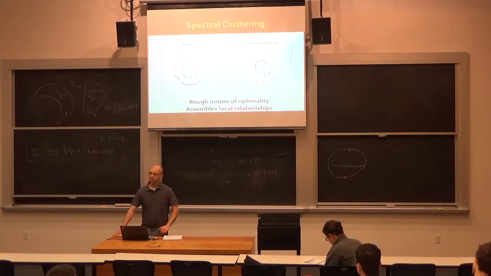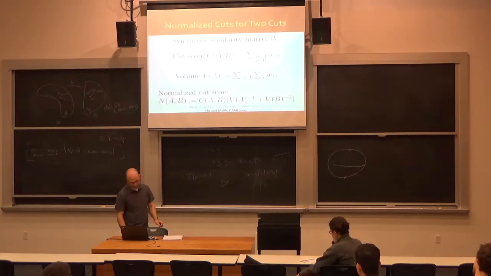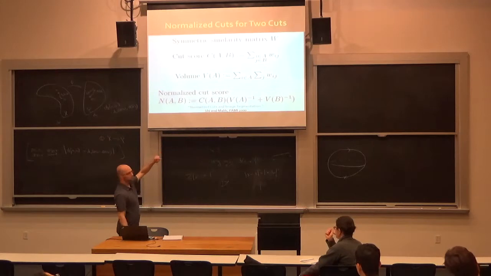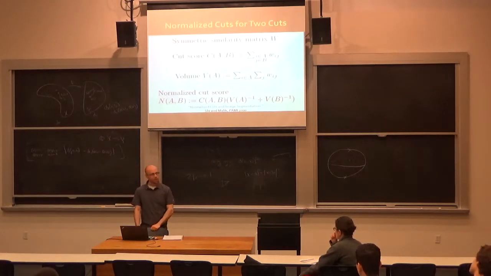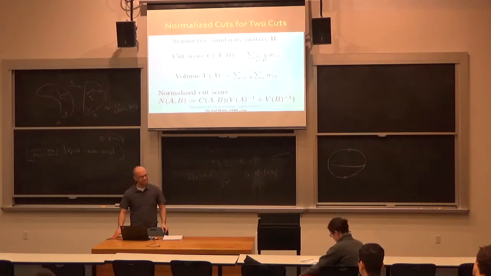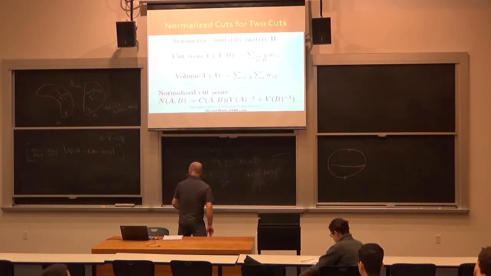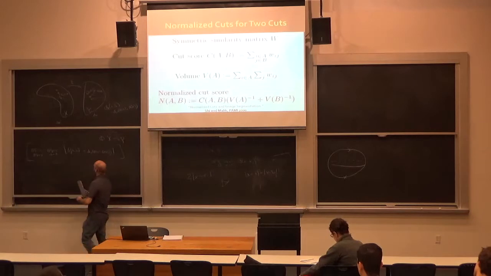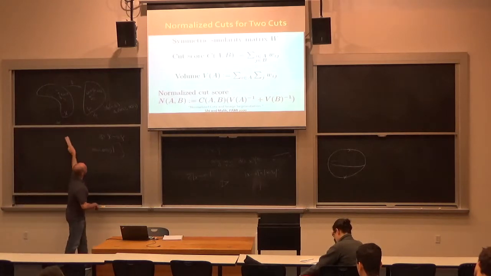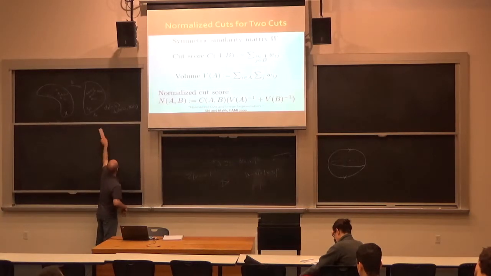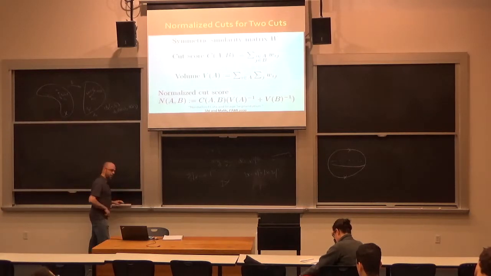So in particular, one thing I could do is, given my whole data set, I could come up with some matrix. I'm going to call it W, which is a similarity matrix. So maybe between every pair of points in my data set, I compute the distance between them, and I say they're similar if the distance is less than 2. Yeah? So I have some notion of similarity. Well, one way to understand how well I did with respect to that similarity measure for a given clustering is to develop what we might call a cut score. Yeah? So a cut score, the idea here is,